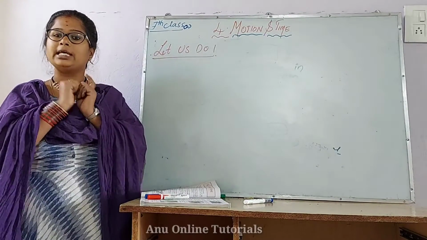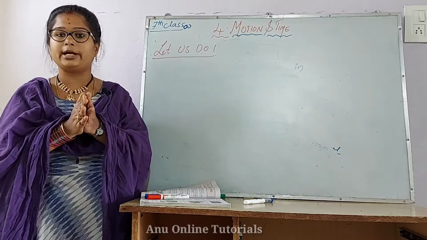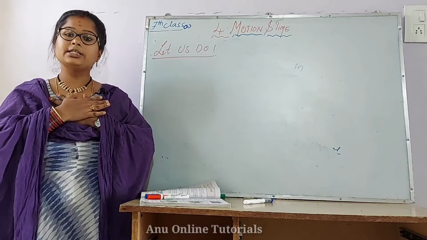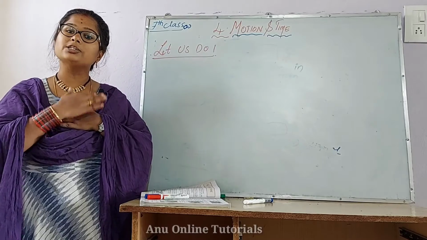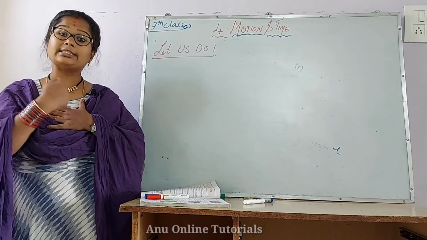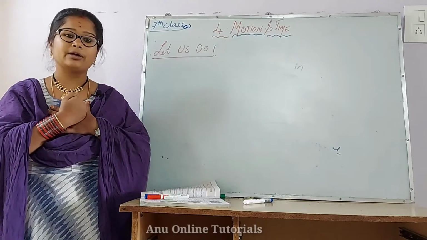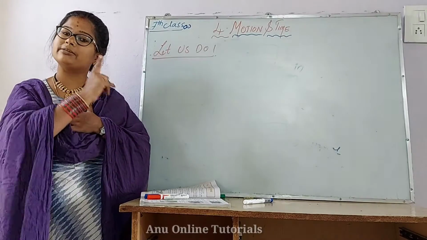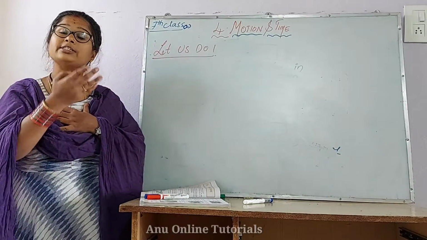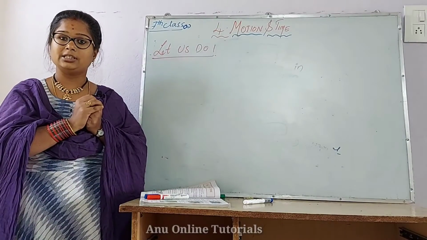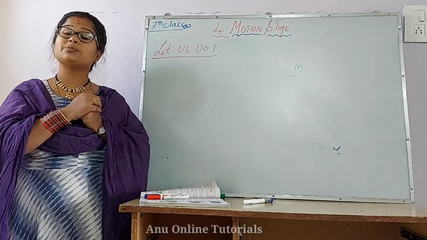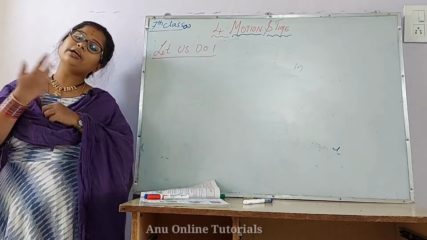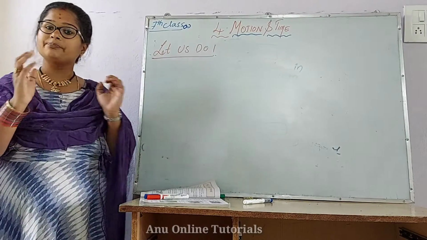You have to observe very keenly. No confusion you should have. If I myself am sitting in a bus when the bus is moving, I feel that the shop is moving. But the same person, me, when I am down, I feel that the shop is at rest. With respect to the observer, if it changes its position from one place to another place, then we say the object is in motion. If it does not change its position, we say the object is at rest.